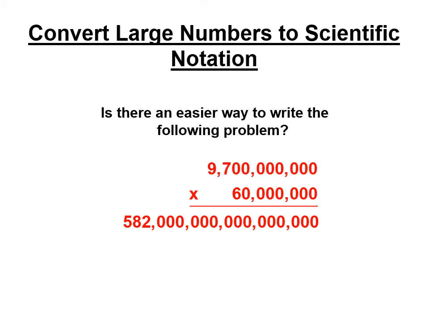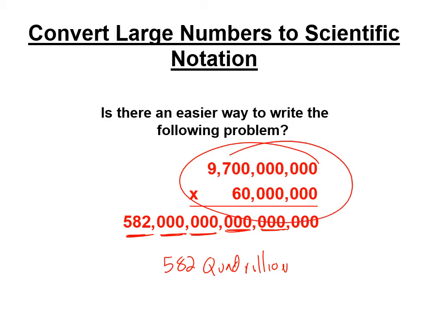There's a large number. What number is this here? Okay, well, let's remember. These are thousands, millions, billions. What's next? Trillions. That's quadrillions. That's 582 quadrillion. Now, if you had to do this multiplication that you see there, which is